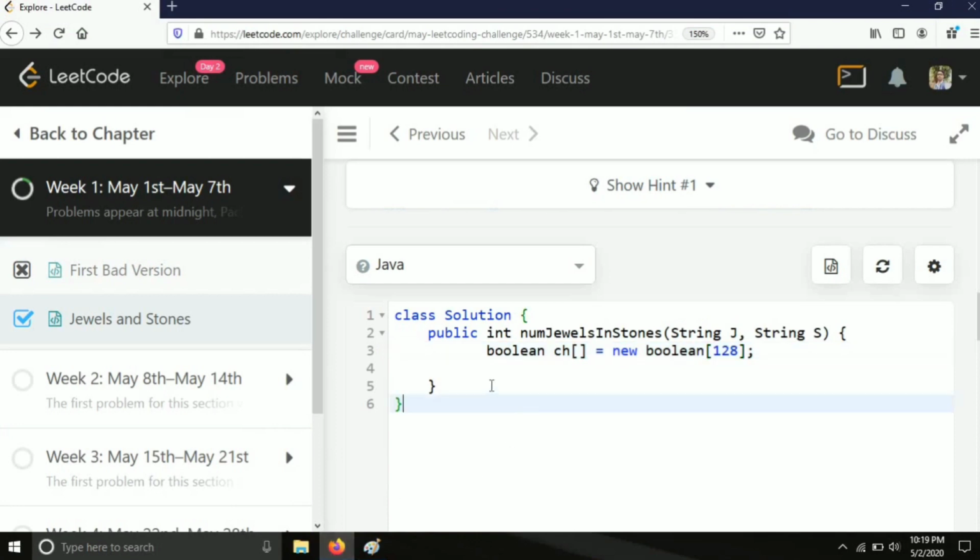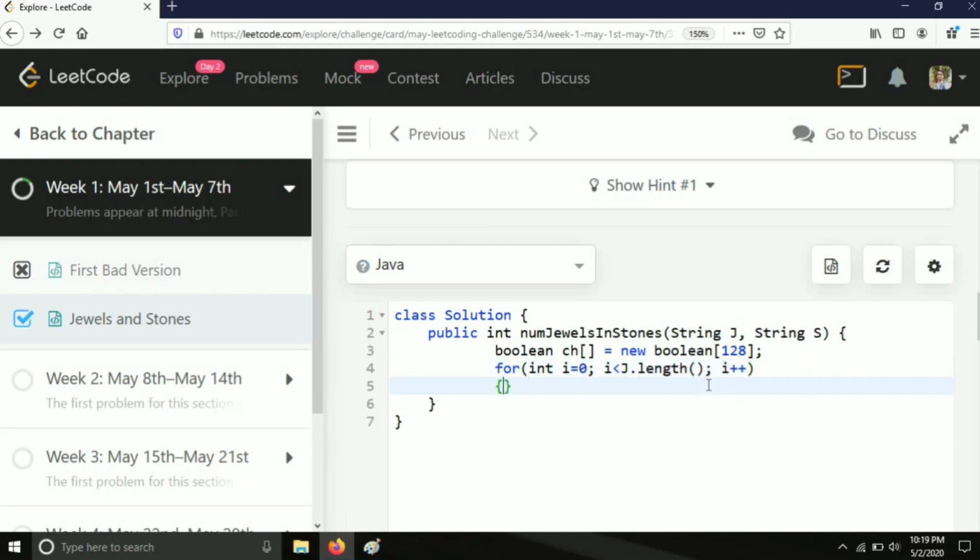Now we will mark the boolean value to true for each character which is present in J. So for int i equals 0, i less than j dot length, i plus plus.